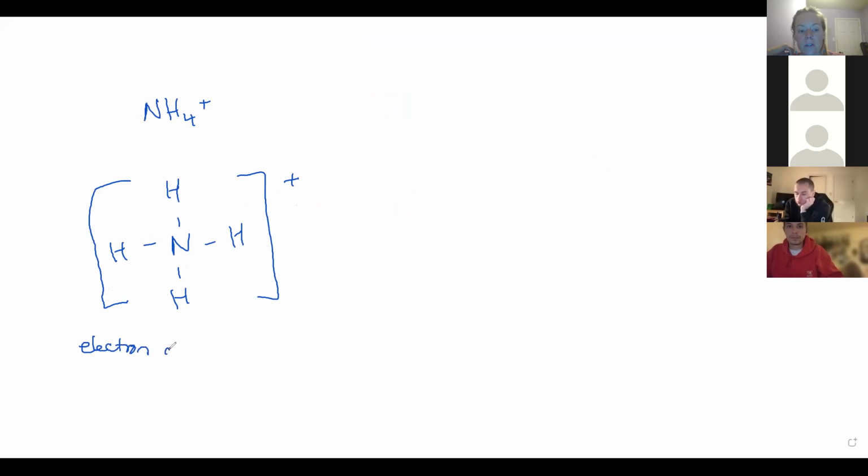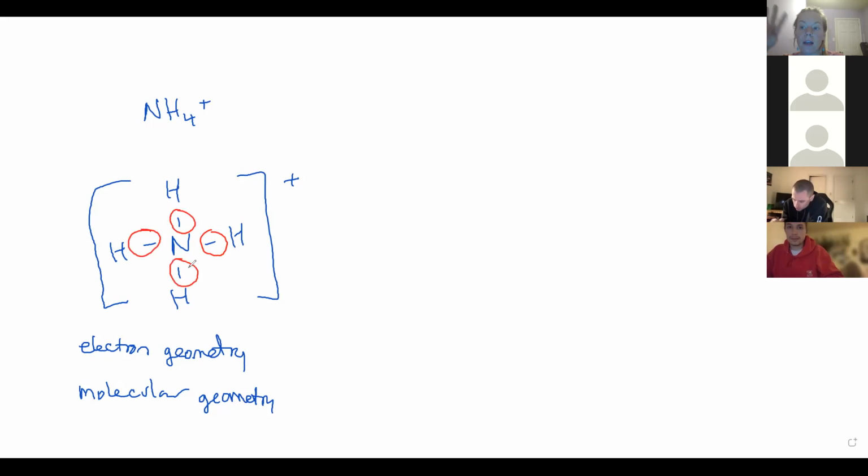Electron geometry. And I also want to figure out the molecular geometry. The electron geometry is asking you about all the electron groups around the central atom. Okay, so in this case, I have 1, 2, 3, 4 electron groups. So what shape is 4? 4 is tetrahedral. Tetrahedral. Okay. Make a note here, 2 groups